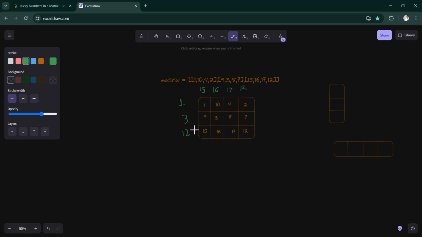Now we know these are the minimum values of the rows and these are the maximum values of the columns. For 12 to be a lucky number, it has to satisfy two conditions: we need to check that it is the smallest in its row and the greatest in its column. So what we can do here is